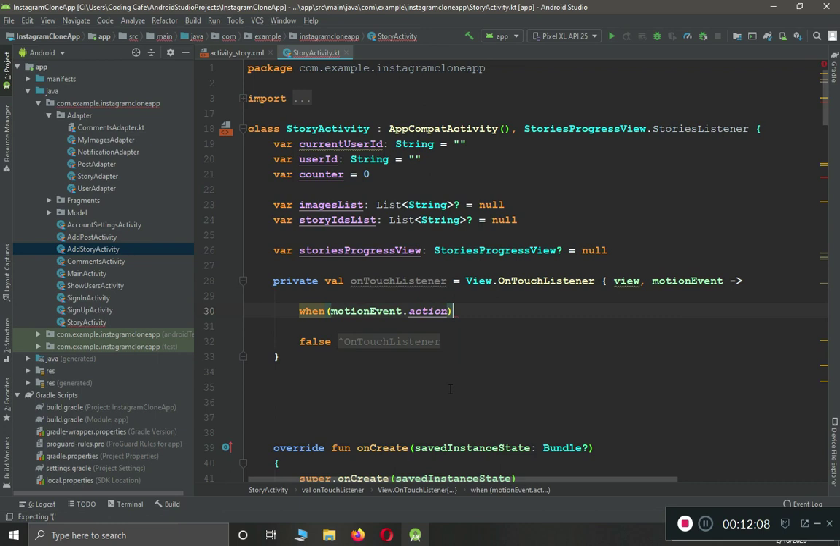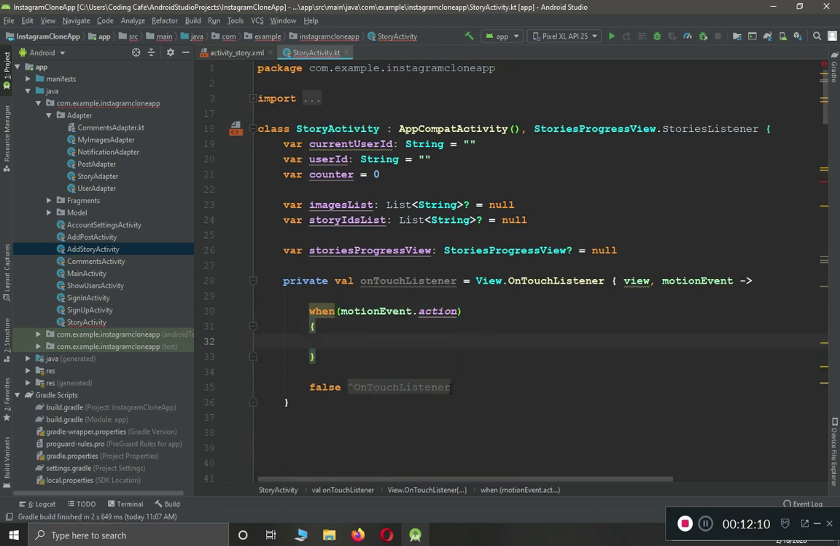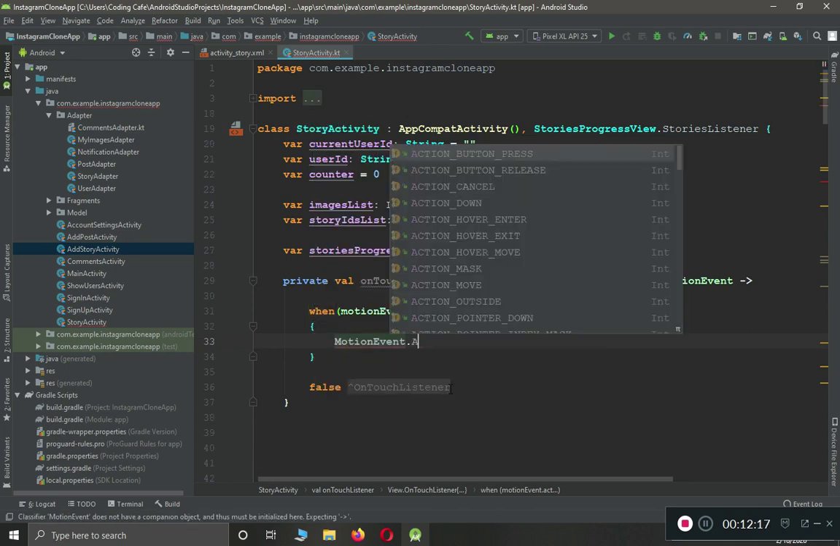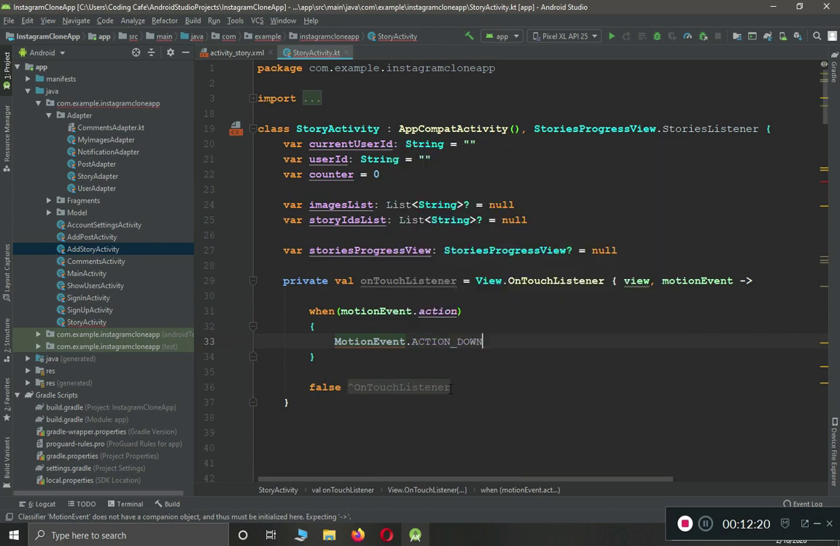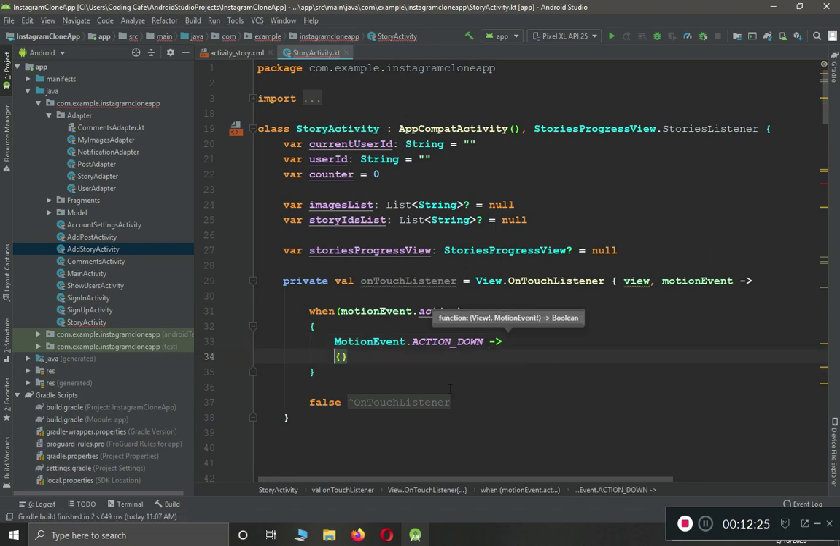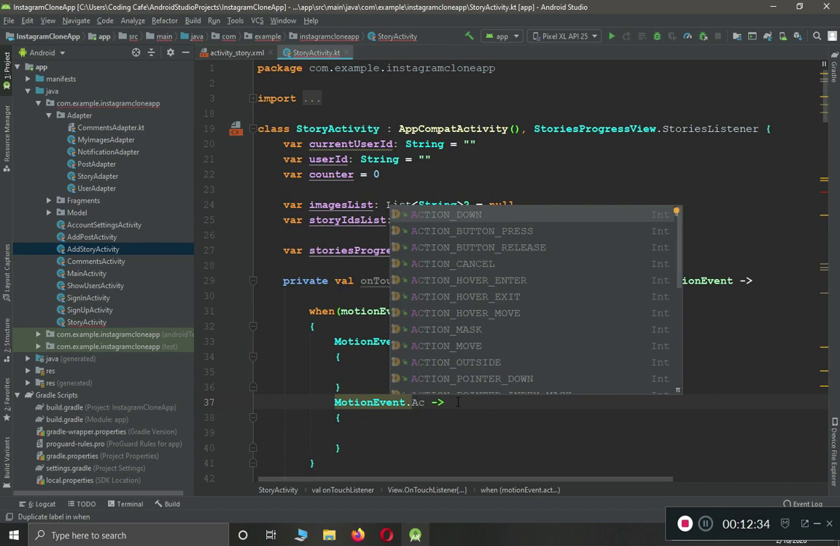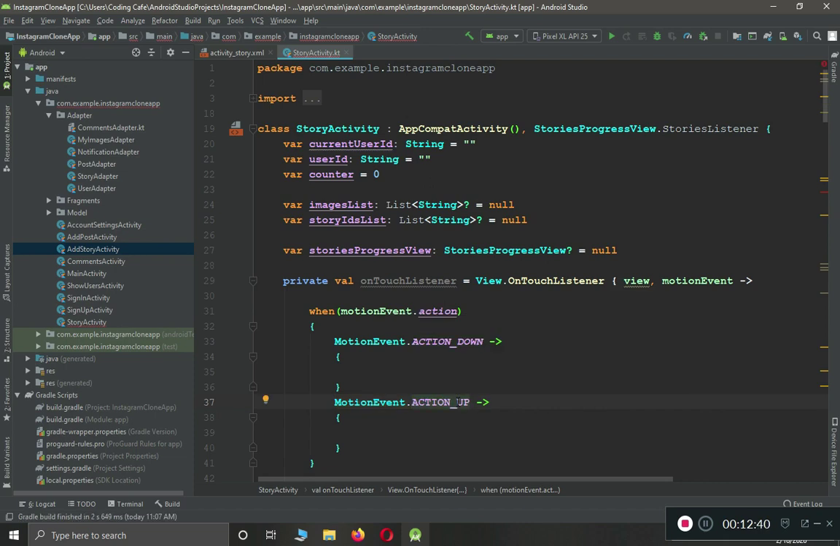Now we have two types of actions here. If the motion event dot action down, then in that case what we want to do. And if we have the other one, which is the motion event dot action up, if the action is up, we need to create here a variable